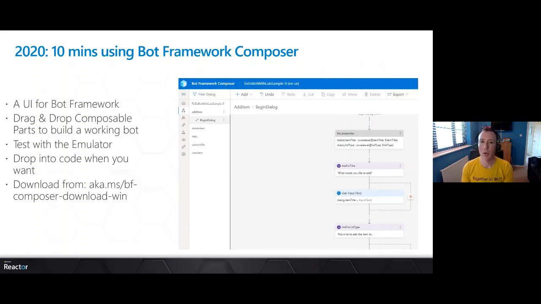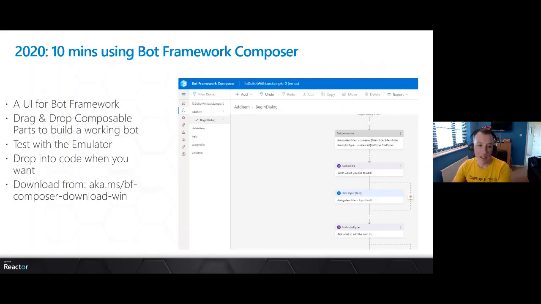It is a really nice way of either doing quick proofs of concept or starting a bot. And then when it gets more complicated, you can drag it out of there into real code. It's also a really good way of getting to understand how the Bot Framework works, because you can mock up scenarios using the drag and drop editor and then go and look at the code and see how it works. So a really nice addition to the Bot Framework.